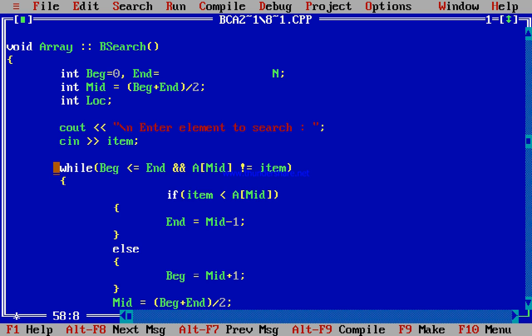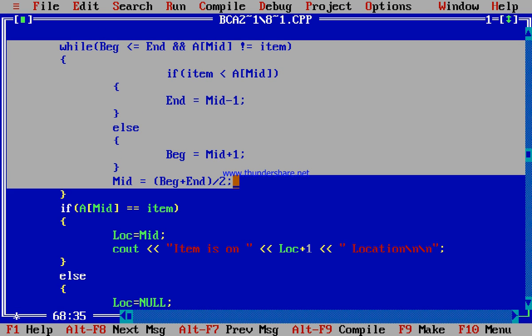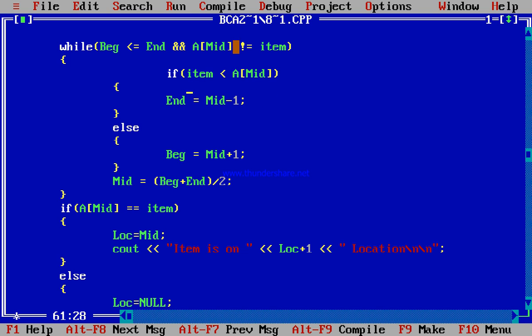Now here is the main algorithm of the binary search. In that algorithm we first take one while loop. Here beg is the variable that holds the beginning location, and end holds the ending location.